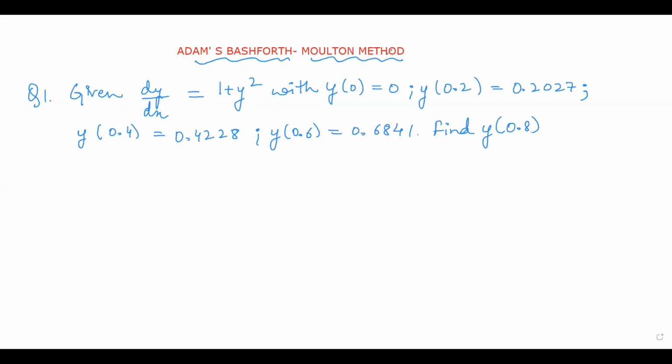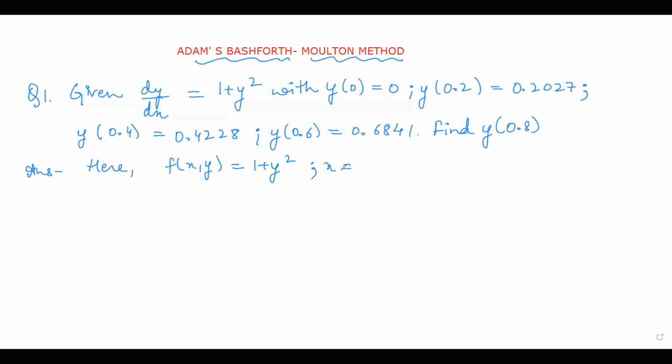Now, in this method again, we have a predictor formula and we have a corrector formula. The formula is different obviously from the Milne's method, but we have a similar basis, and we need to check the epsilon condition also, and then only we can decide whether that's our corrected value or not. So let us start the question. Here we are given f of x, y as 1 plus y square,